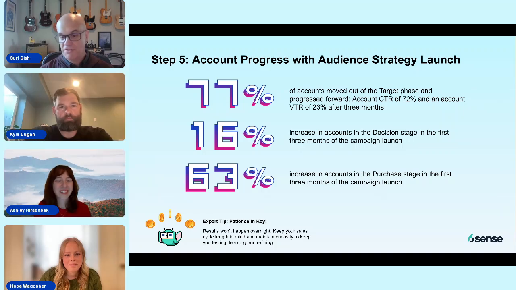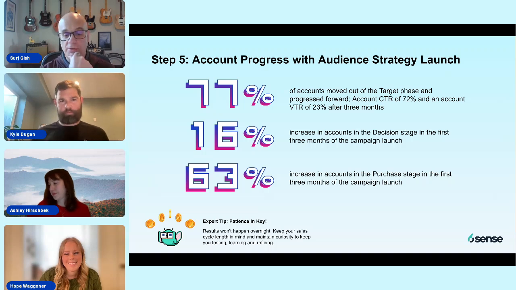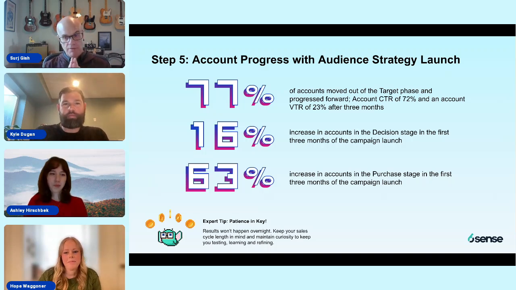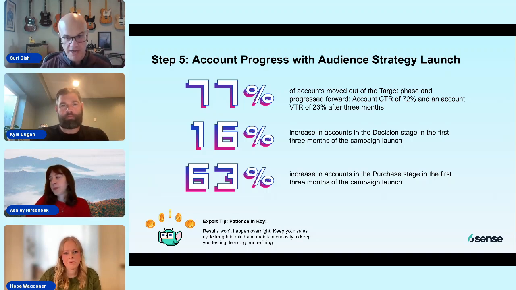Yeah, as Hope said, patience is really important here. Remember when I said the word ginormous earlier on? This is what we're talking about. Really big impact. These are exceptional numbers. We shouldn't expect to see this kind of performance out of every single campaign. We want to talk about that too. But when you get it right, you can see how Ashley and Kim are working with their internal teams to get the foundation in place and all this. When you get it right, then you need to have patience to let it grow a little bit. Results don't happen overnight. Keep your sales cycle length in mind.